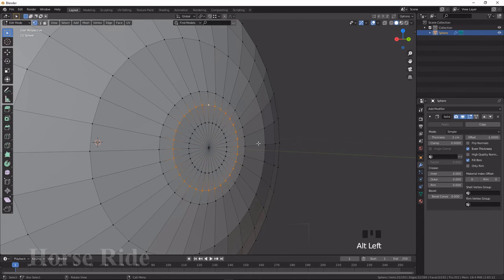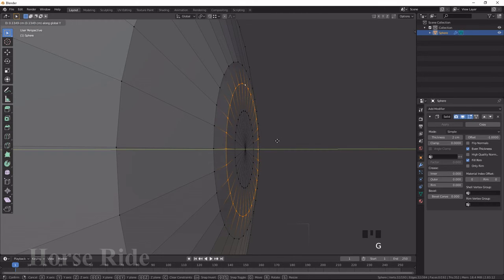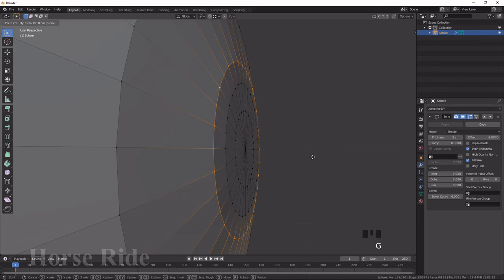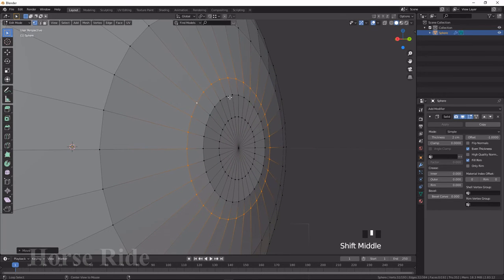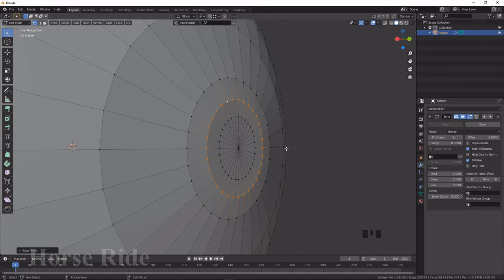Press G Y and Shift to move a little bit down, and select this one and G Y, move a little bit down to make a curve shape. Fine, and select this one, I press double G to move towards the angle.